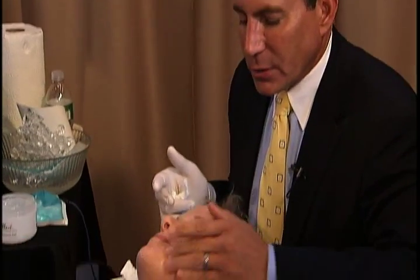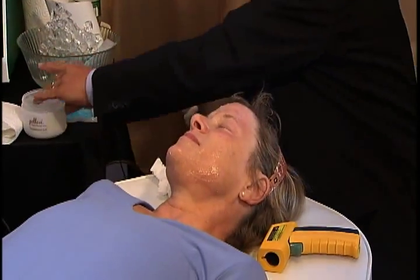So I'm going to apply the gel now from the midline of the chin all the way to the temple,